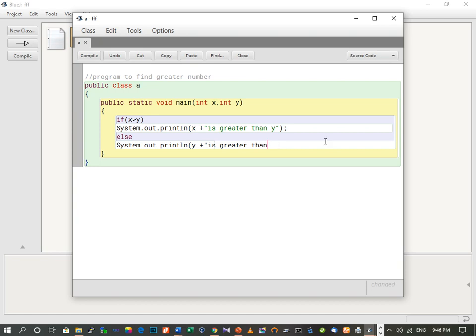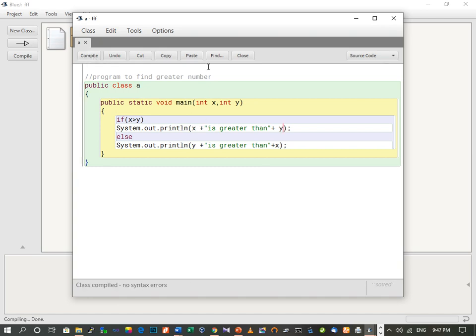So what we will do here, we will close this inverted comma and then plus y. As we had displayed x initially, the value of y will be displayed. Similarly, we will make the change over here also, inverted comma plus y. So instead of printing only the alphabet y, this will print the value of y. Now we will compile this program.